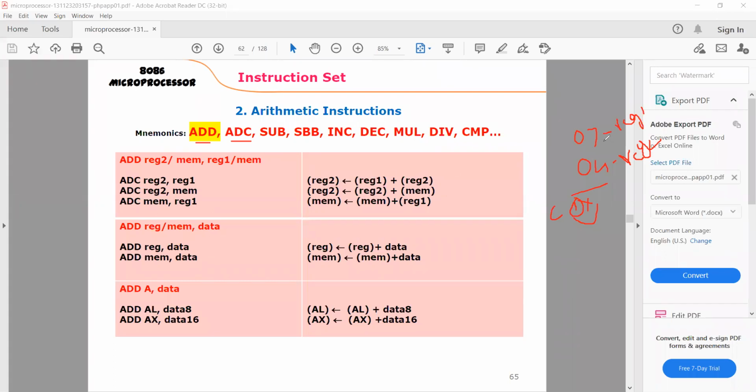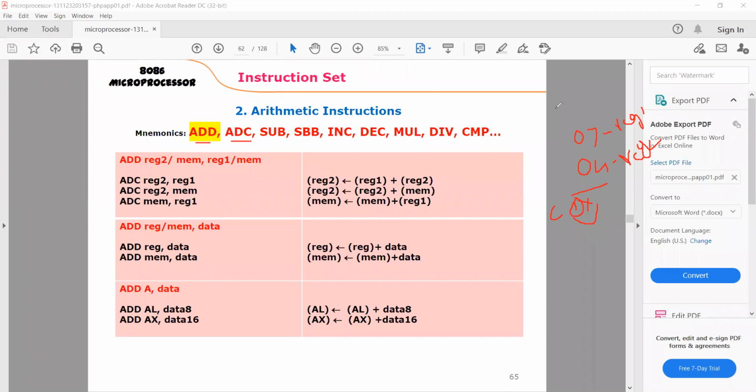If this addition produces a carry, then that particular carry which we obtain will get added to the result. Automatically that procedure will be carried out when we use ADC, but when we use ADD, that operation is not carried out. The carry that was obtained will be neglected. That you have to keep in mind. Similarly, the same operation, but between register and memory.